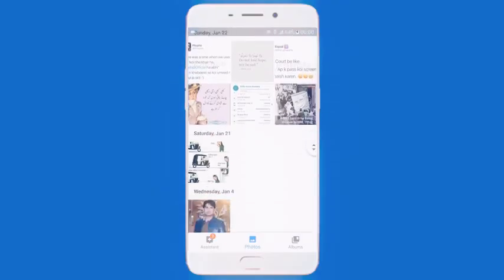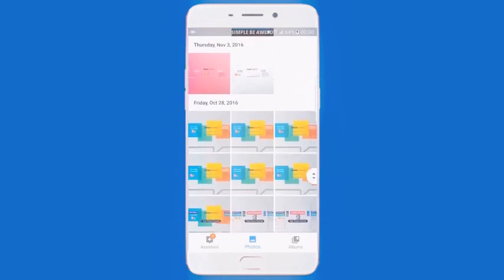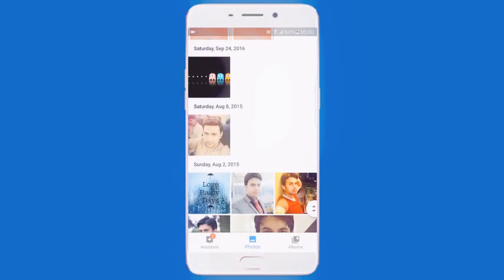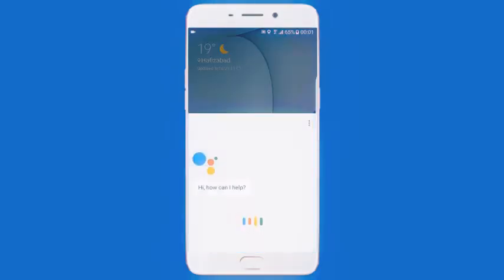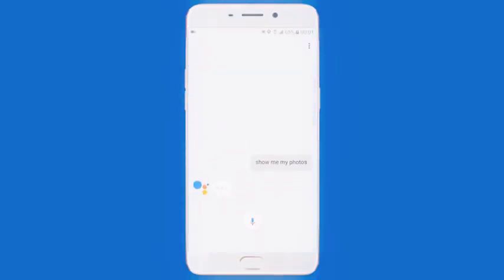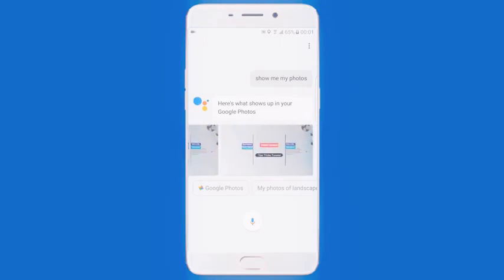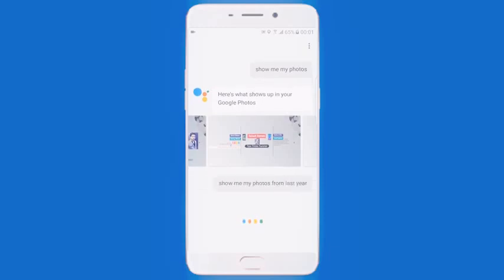People who are using Google Photos can use Google Assistant to check out their pics and even get results about specific events, places and subjects. You can just say something like, "Okay Google, show me my photos." I found this in your Google Photos. Google will show results from photos stored in Google Photos. You can even refine the result based on dates, places and image subject. To see images you took last year, say, "Okay Google, show my photos from last year."